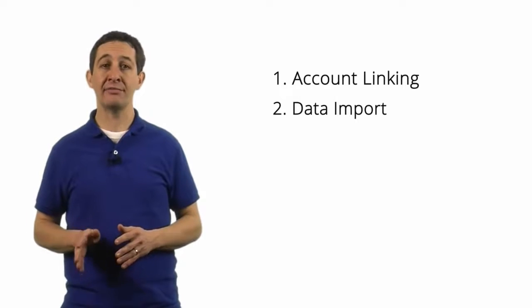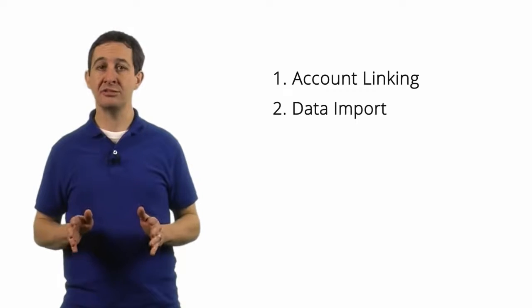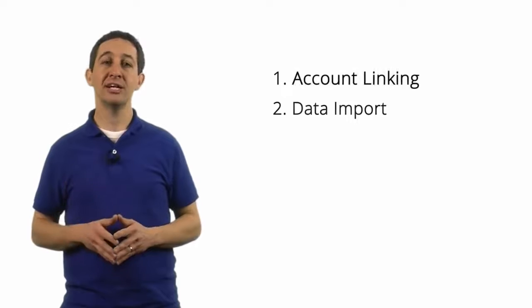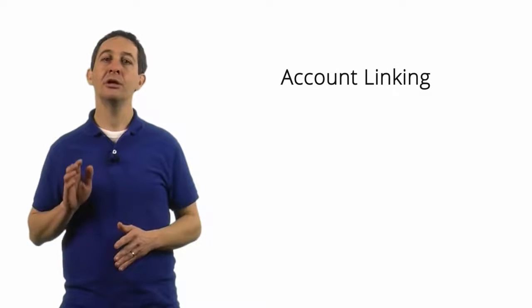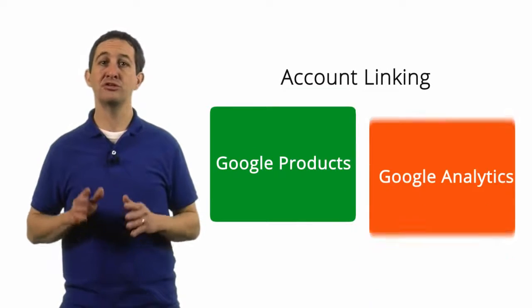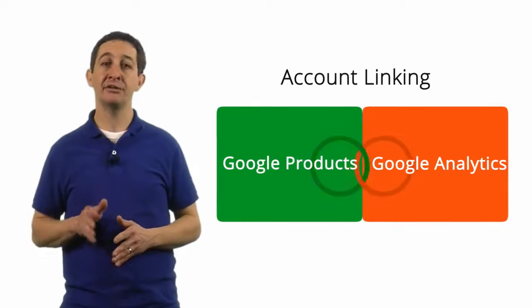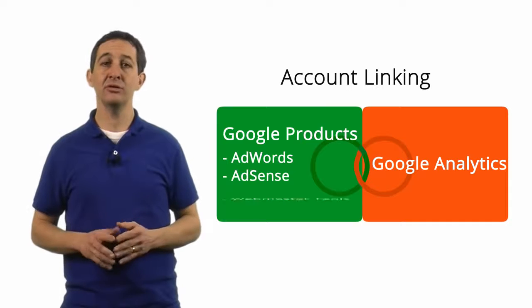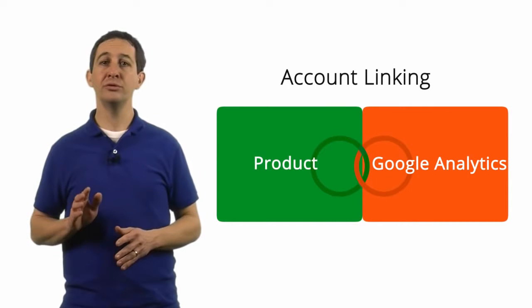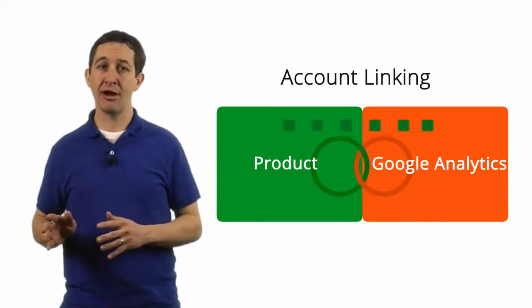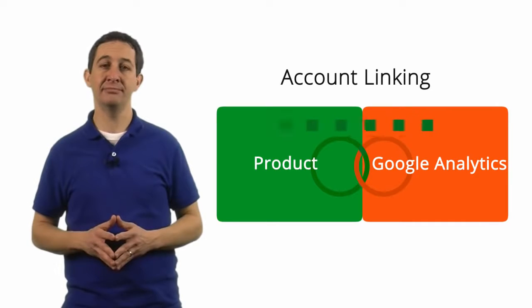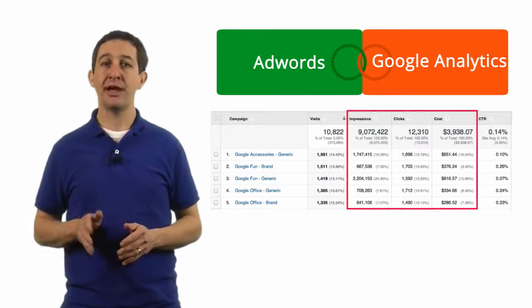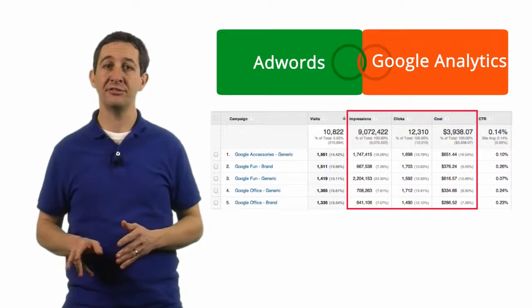Any data that you add from these sources will be processed along with all the hits you collect from the tracking code. Let's look at account linking first. You can link various Google products directly to Google Analytics via your account settings. This includes Google AdWords, Google AdSense, and Google Webmaster Tools. When you link a product, data from that product flows into your Analytics account. For example, if you link AdWords to Google Analytics, you'll see your AdWords click, impression, and cost data in your